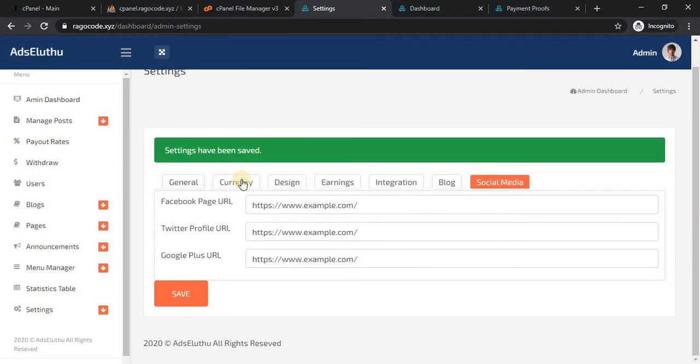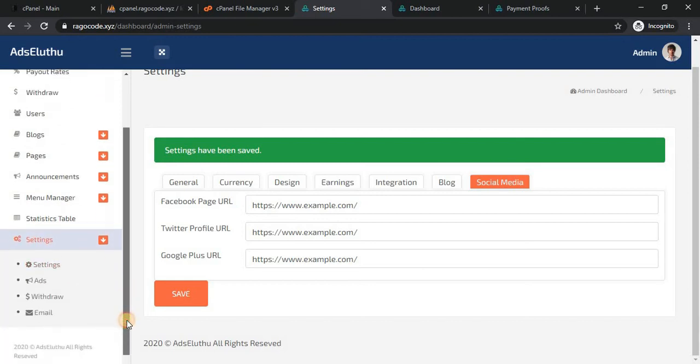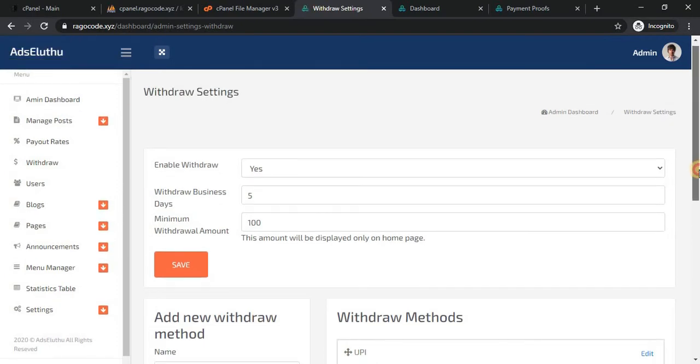All the basic settings are explained, and then the important one is ads. I will also explain it later. And then withdraw. This is the most important thing in the script.